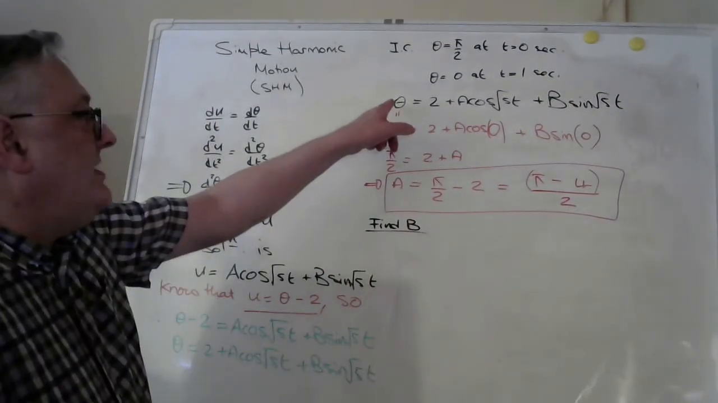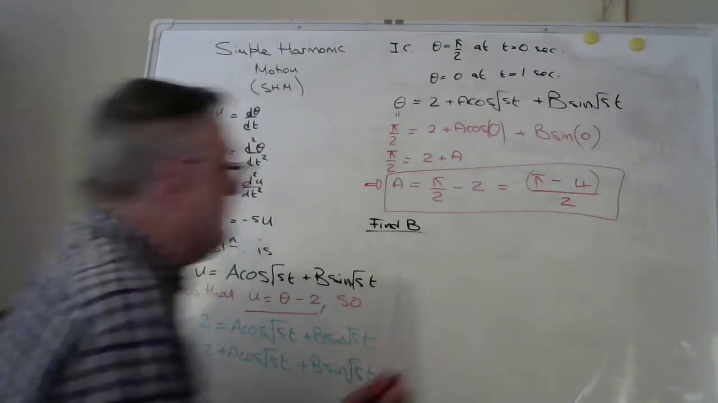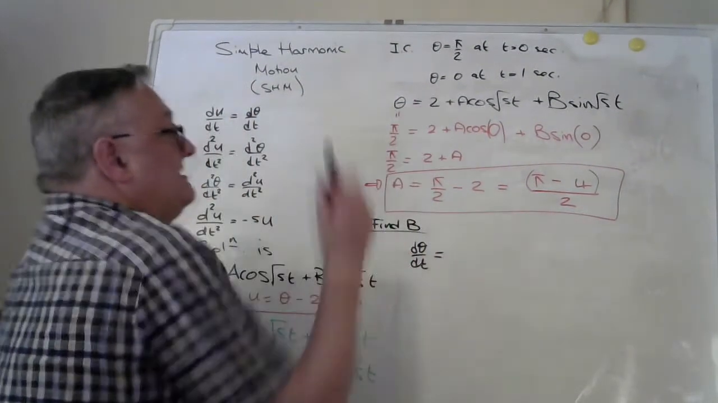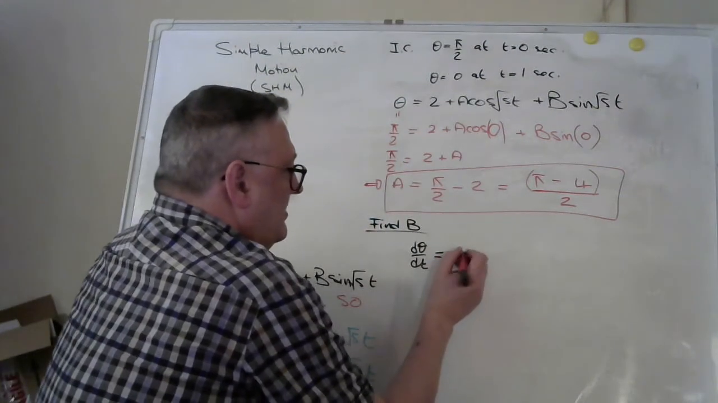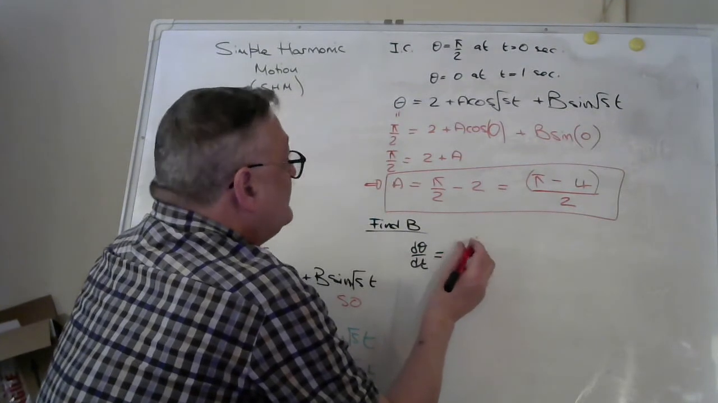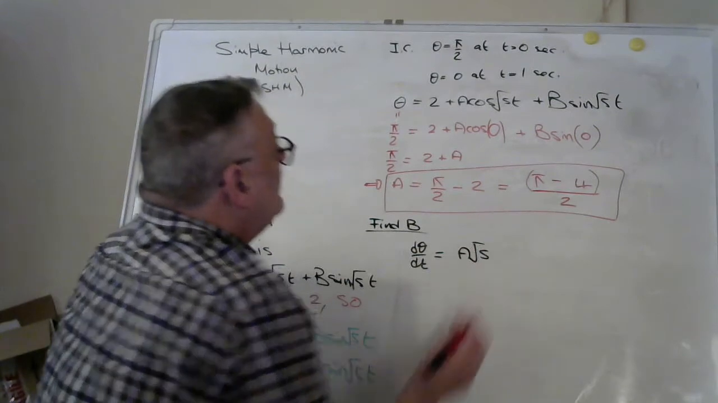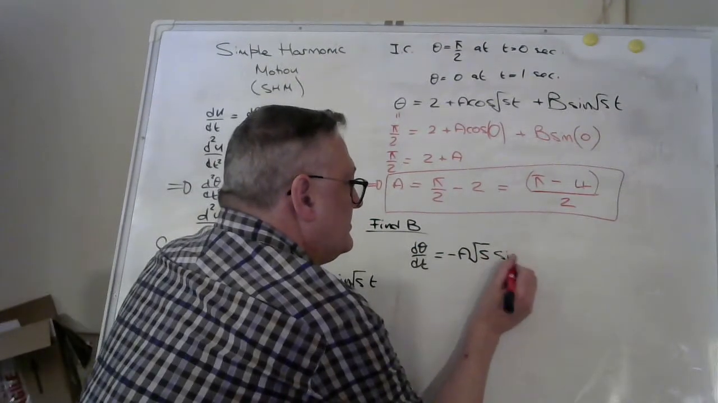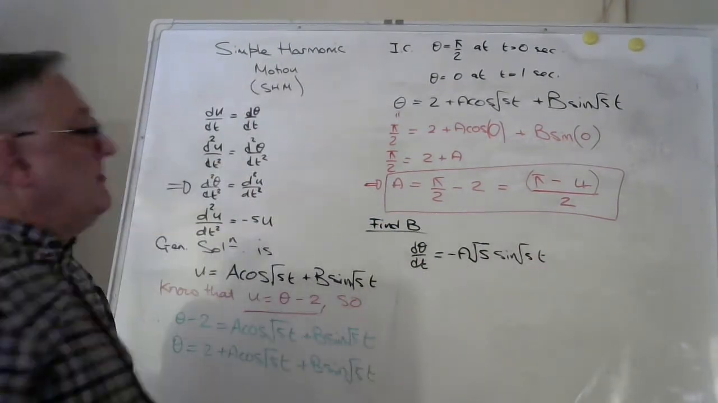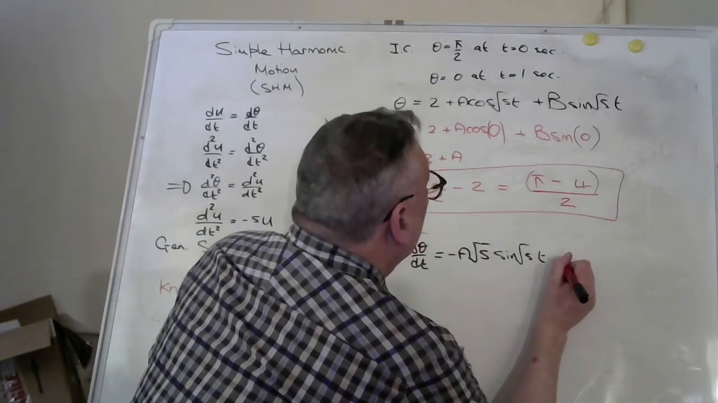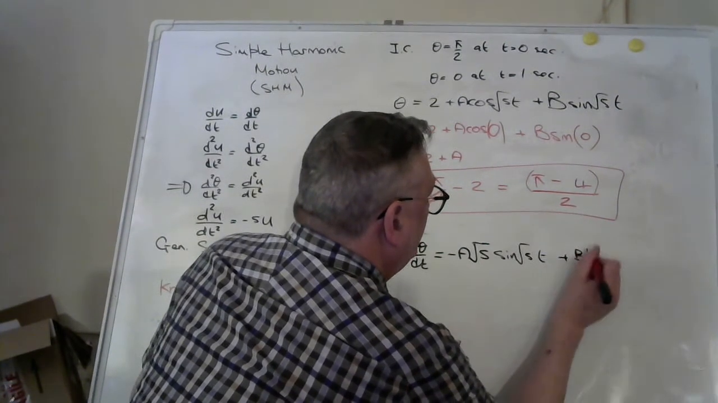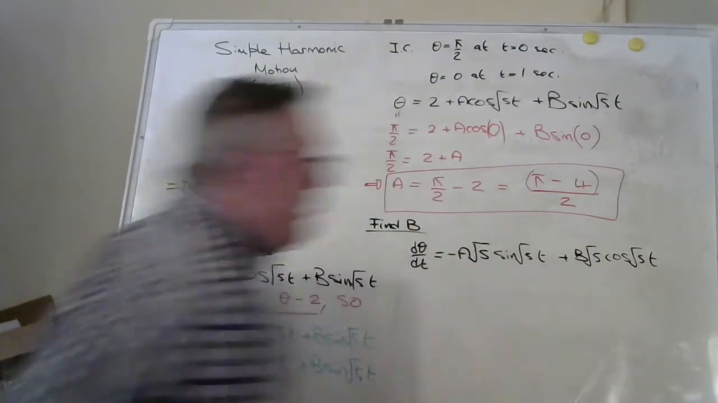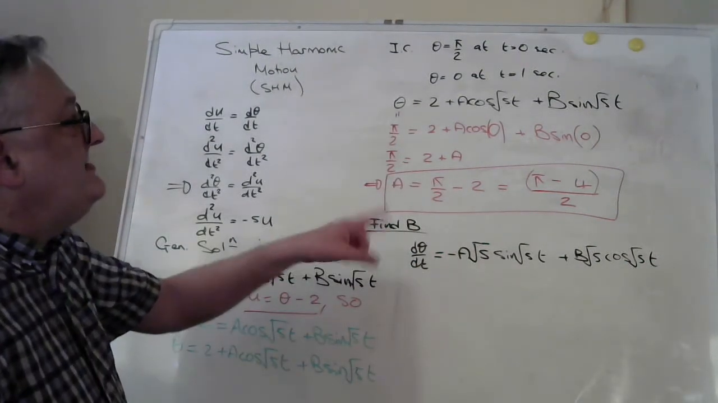To find b, we need to differentiate this once with respect to time. So, d theta by dt is equal to, well, the 2 disappears, and here we've got a root 5, and in fact it's negative because cos differentiates to give minus sine root 5t, and then we've got plus b root 5 cos root 5t, right? Now we know that d theta by dt,